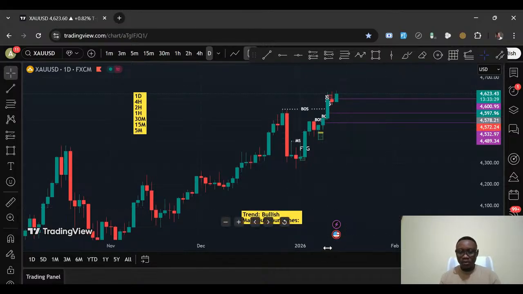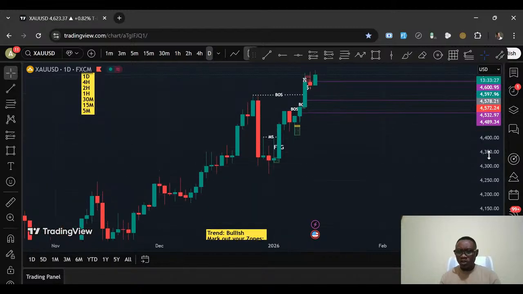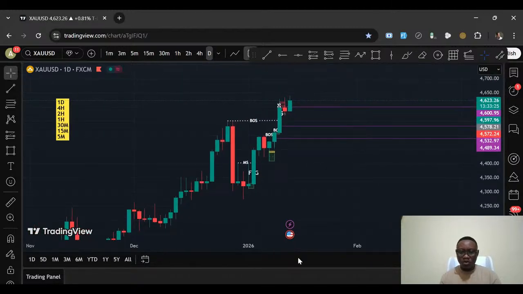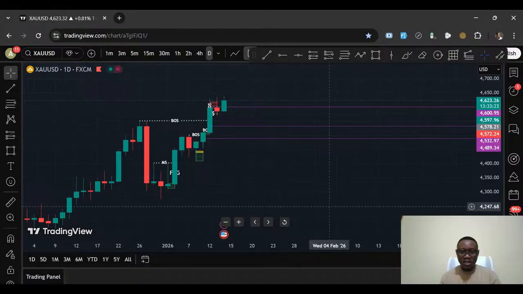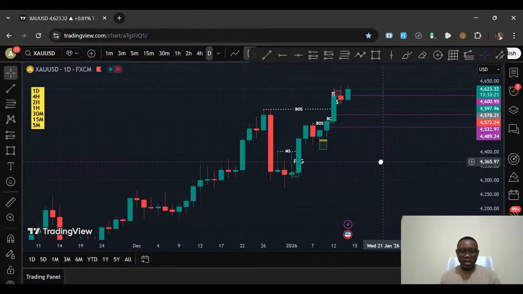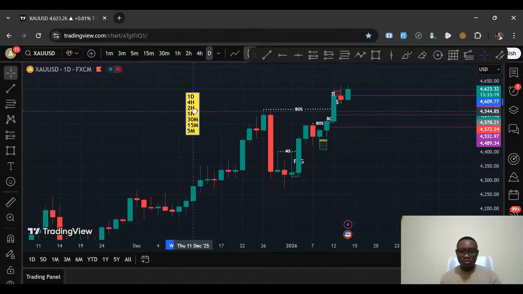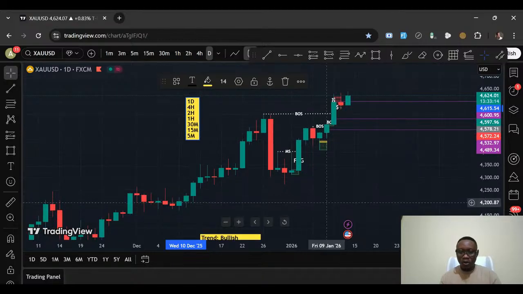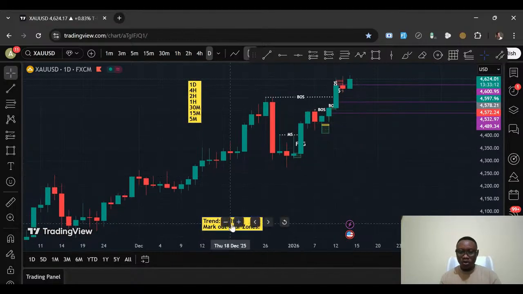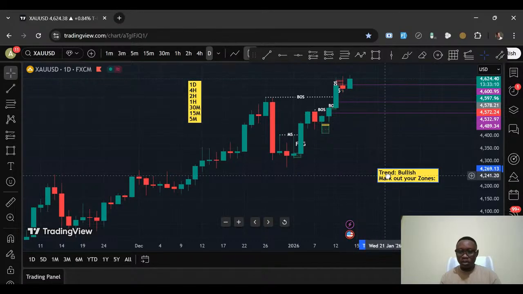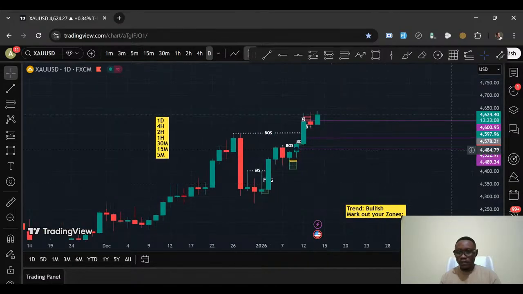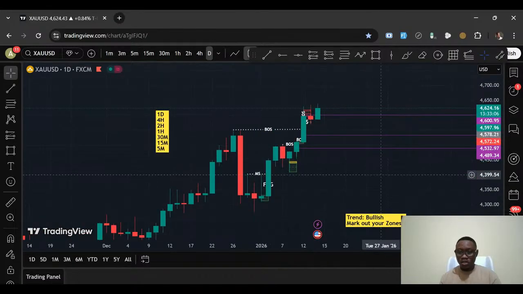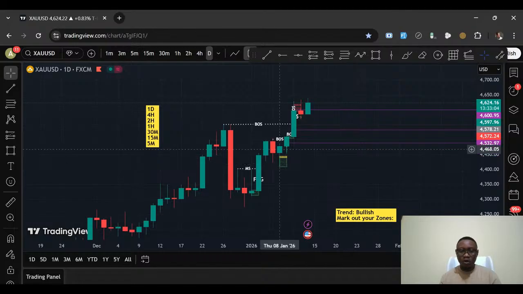Okay, now we're on the daily time frame. Again, you want to ask yourself, what is the market doing? Is the market bullish or is the market bearish? Are we printing higher highs and higher lows, or are we printing lower highs and lower lows? This gives you a perspective of the market's trend, an idea of the current market's trend,